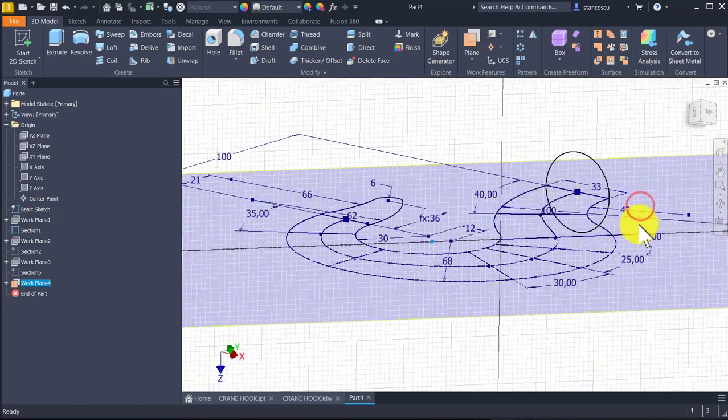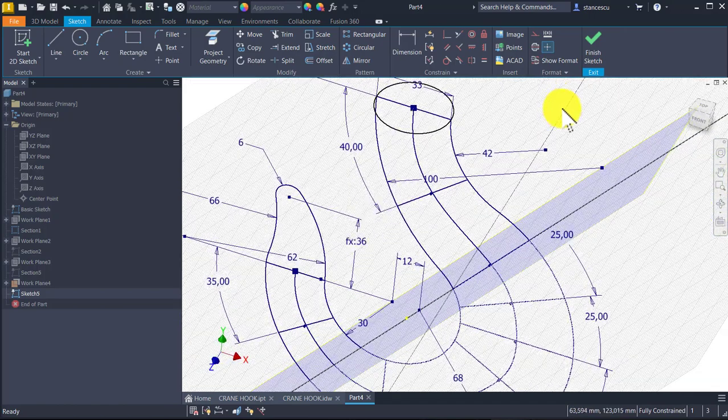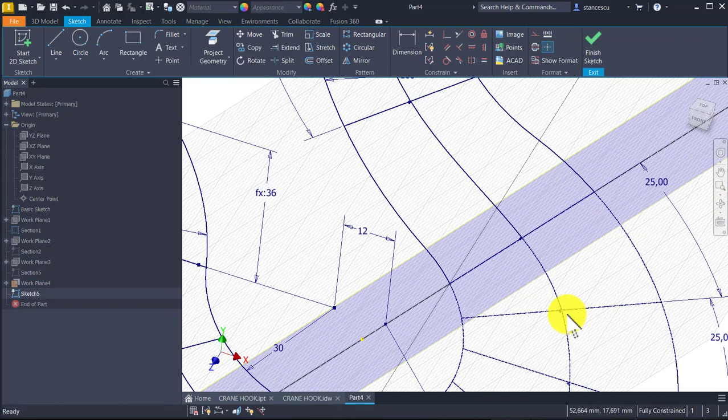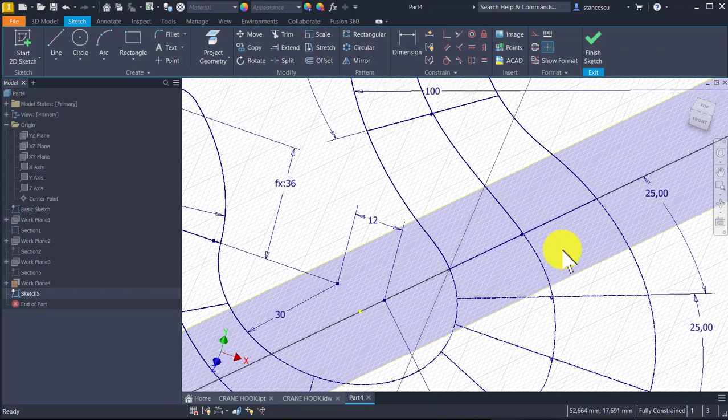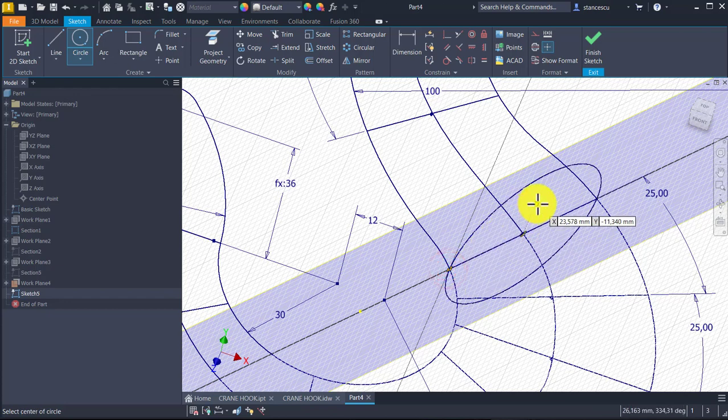New sketch, F5 to see the same angle of vision. I project directly the diameter, my friends, because I can draw a circle by finding the midpoint of that diameter and the end of the diameter. Then I draw two lines, as you know,